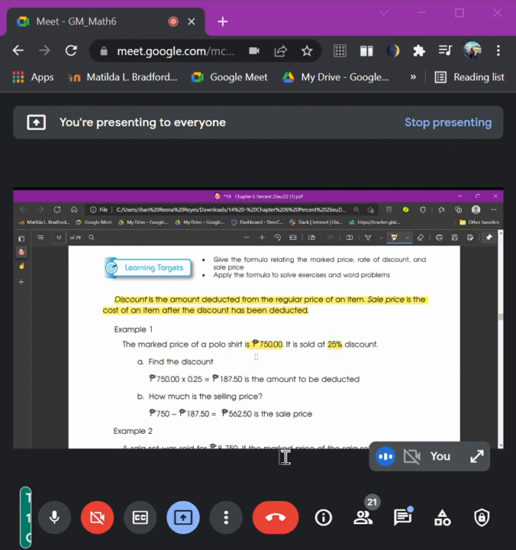So, here, ang example is gimultiply siya by the decimal. So, 25%, that is equivalent to 0.25. So, you're just going to simply multiply that one. So, 187.50, that is the amount to be deducted. So, mauna iyahang discount class. Okay, discount pa ng